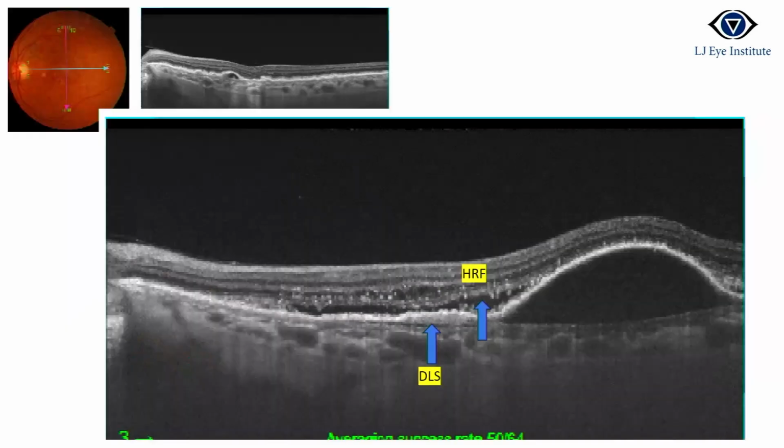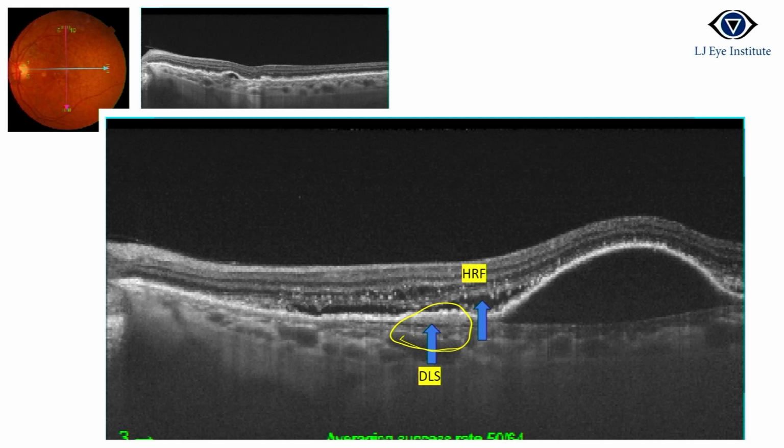After 4 months, she came with this picture. We had seen that the PED height has given up. Now hyperreflective foci are also seen. The double layer sign was also visible over here. What is the double layer sign? This is just a splitting of the basal lamina RPE and Bruch's membrane. There is some collection of hyperreflective material also, and a pocket of SRF is also there. So this is suggestive that some activity is there now and it needs treatment.